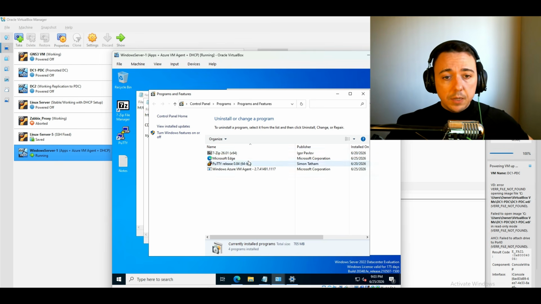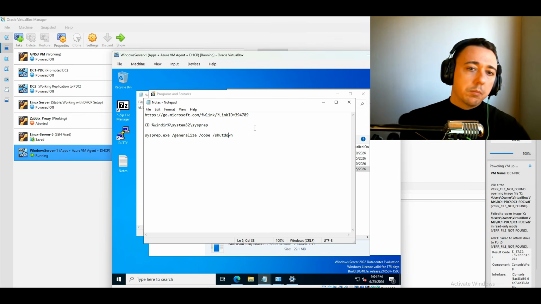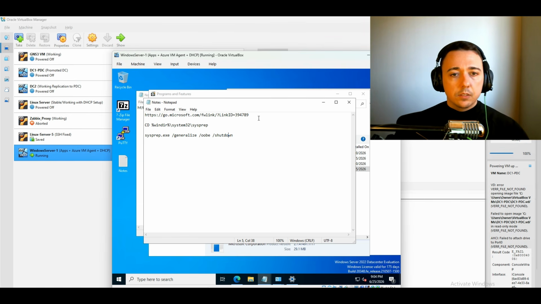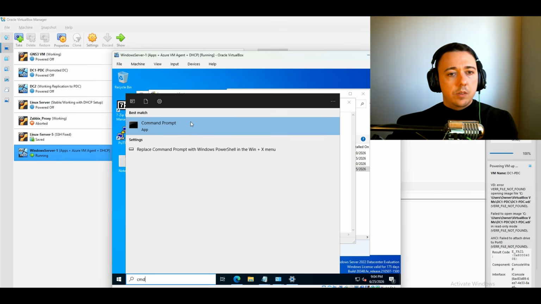The apps, like I said, are basic apps here so that we can test that it's working. This is required, the Windows Azure Virtual Machine Agent, because I've made a bunch of changes to this server and removed guest editions. The GitHub repository that Microsoft say to go to is all scrambled and broken. So, for sake of sanity, I'll put this in the description as well, so you can just go straight to that link, download it. I think that's everything. Yeah. So we open a command line, elevated,